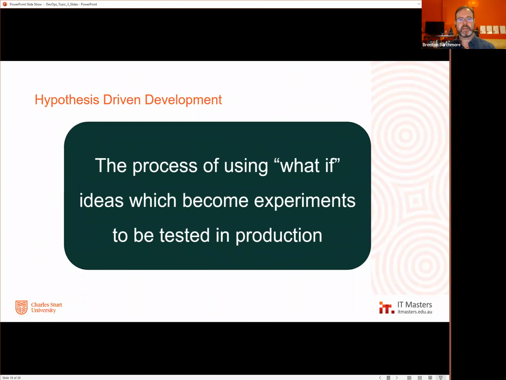I'm going to help translate what might be a huge pile of user stories into something that actually can be technically delivered. And so there is a very special function that we're about to talk about, which is hypothesis-driven development, that gives DevOps a significant edge and has a strong role to play with business analysts. So we're going to cover that then.